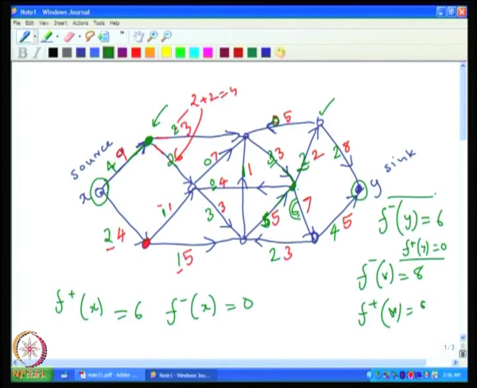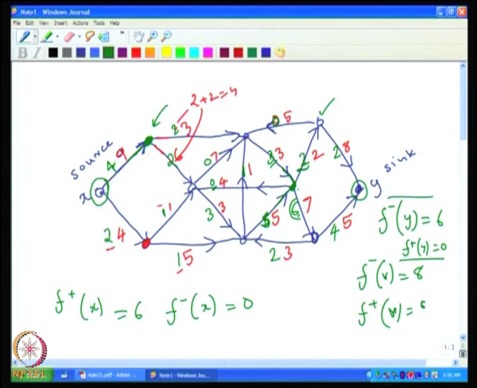So, this is an example of a flow on this network. The key points are that there are two constraints you have to satisfy. One is the conservation constraint, which is to be satisfied for all internal intermediate vertices, not the source and sink, the remaining vertices. That means whatever is coming into the vertex should go out. So, the sum of flow values on the incoming arcs should be equal to the sum of flow values on